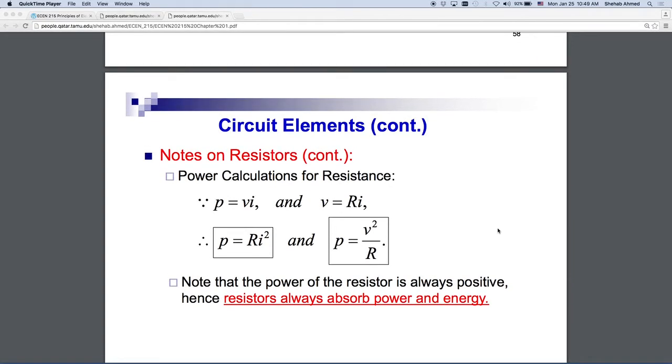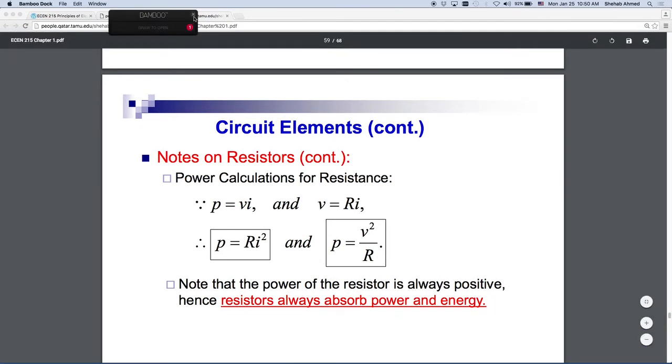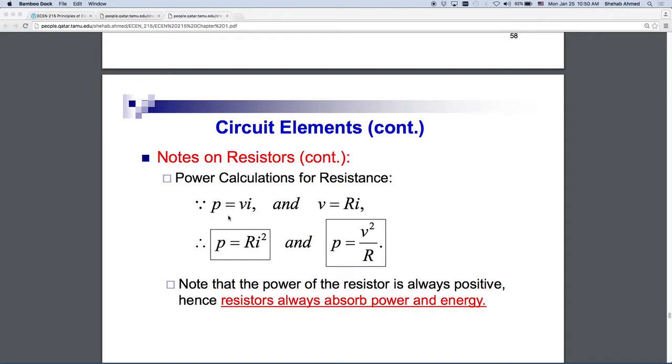I think we left off last time at the power calculations section. So we went through and we said that power dissipated in a resistive circuit, or power in a circuit in general, power in any circuit is equal to basically the voltage multiplied by the current, and then we used Ohm's law over here to substitute, and we found different ways to express the power